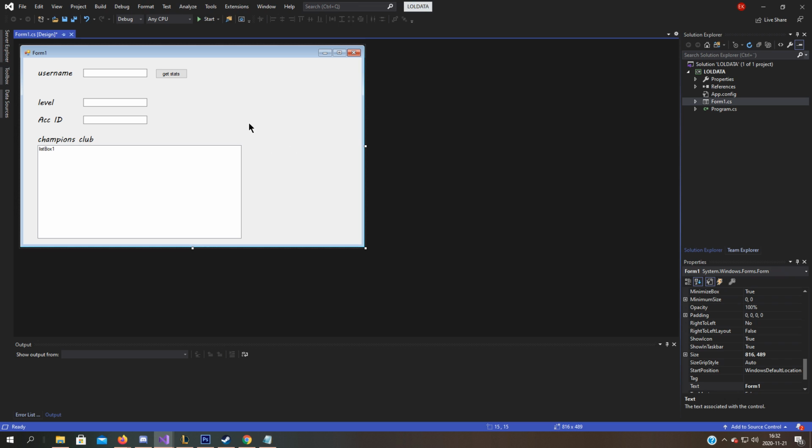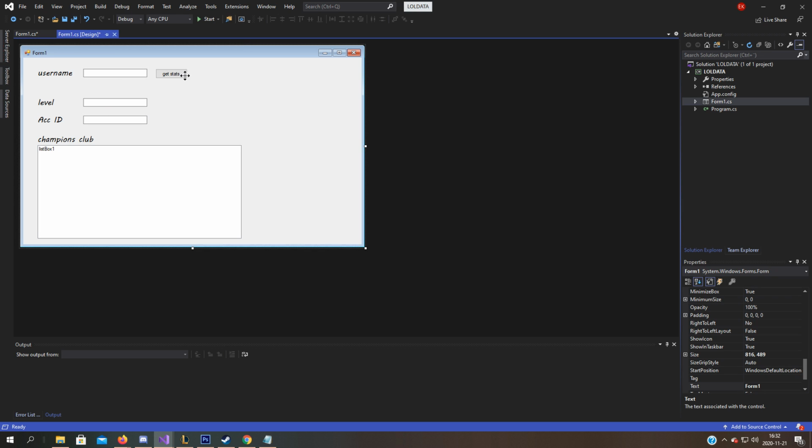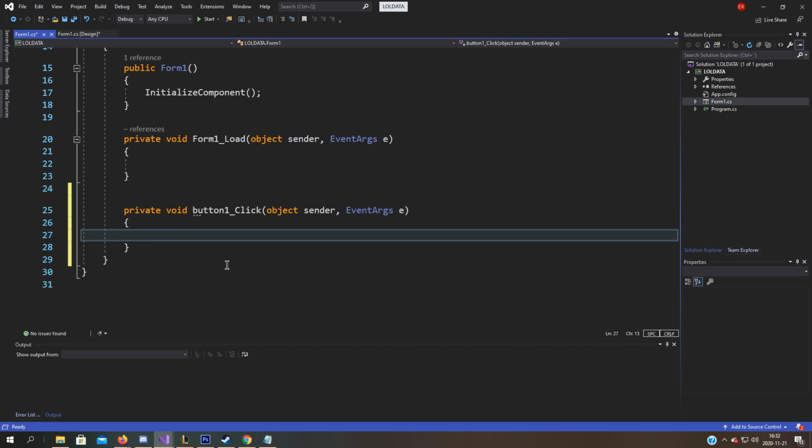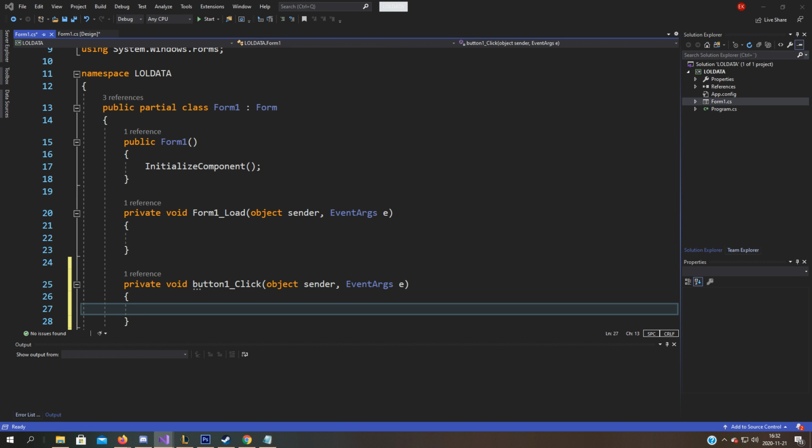Now double click on the form and the form load pops up. Also double click on this button so we get the button click function. Okay, so